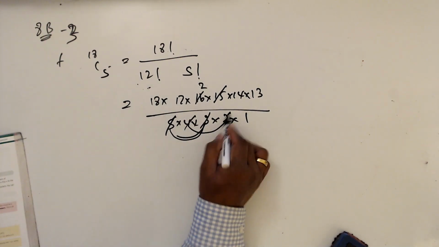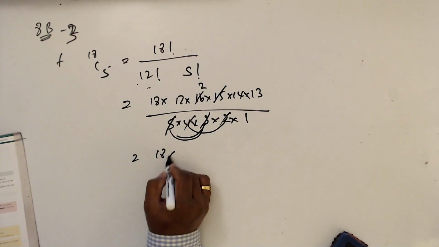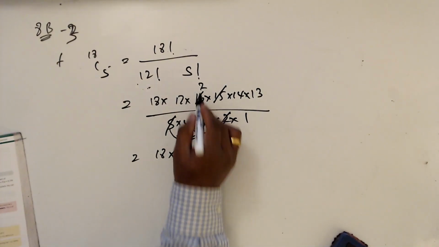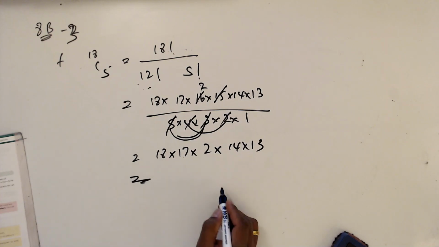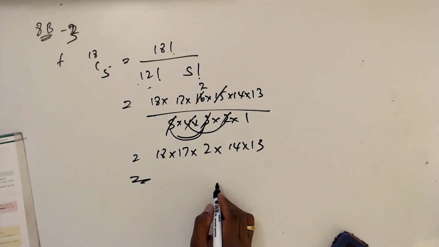This 2 cancels out. So 18 times 17 times 2 times 14 times 13. That is going to be